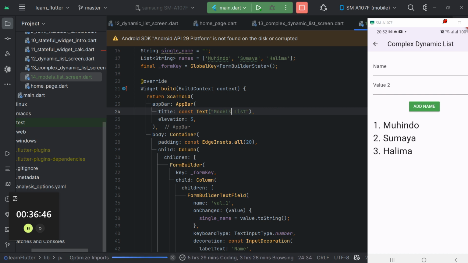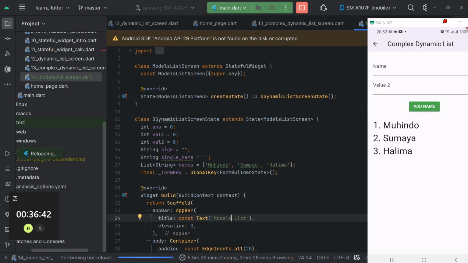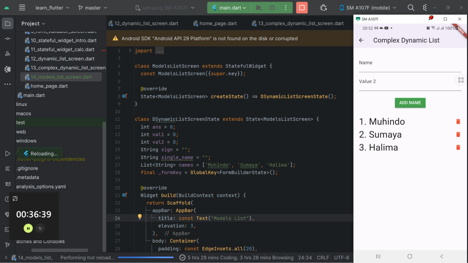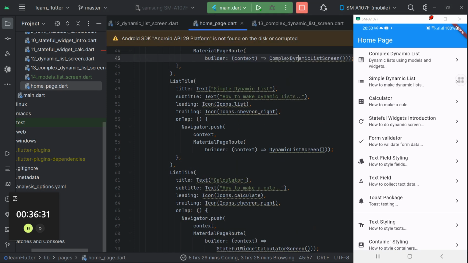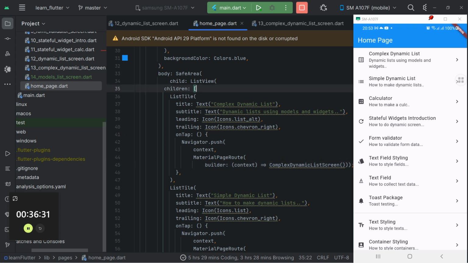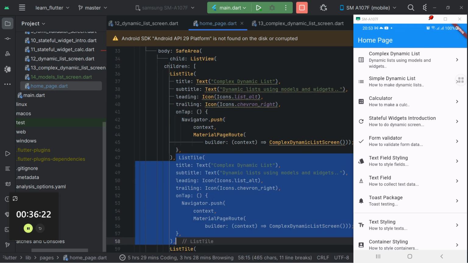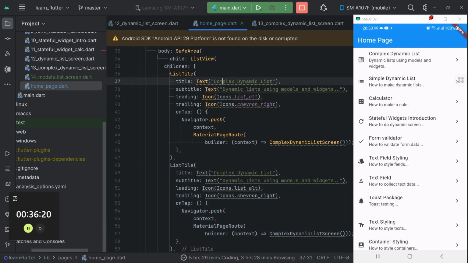Okay, so something like that, and then I'll go ahead and put this one to our home page. So we should have it on our home page so that when someone clicks on it, we are able to go to that page. So let's go ahead and do that. I'll come here to the home and then come here where there is this top one and then duplicate it, Ctrl D, and then come here and put models list,